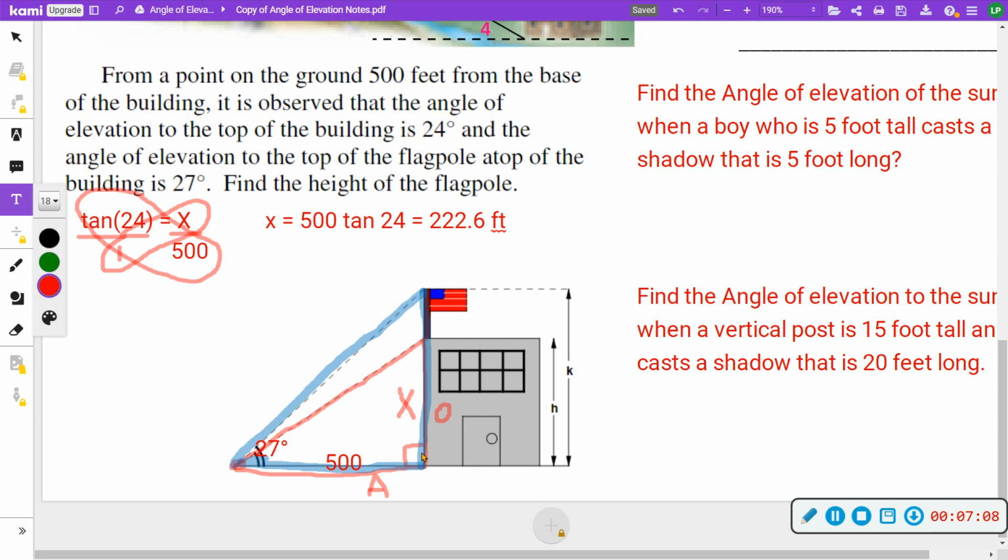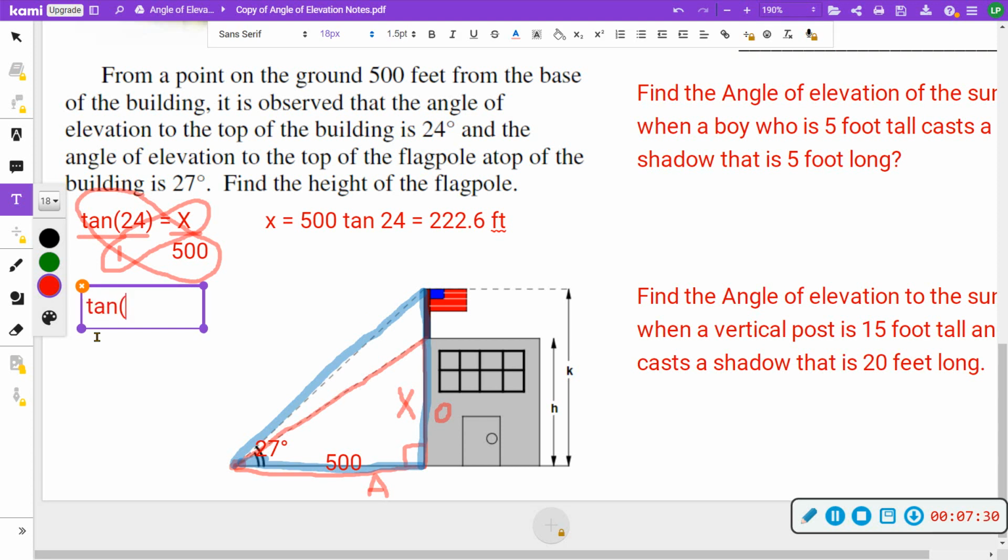And what that's going to do is tell me the height from the bottom of the building to the top of the flag. And I already know the height from the bottom of the building to the top of the building. So then to find this piece, I would just subtract those two numbers. So I still have O and A, but O is now the whole thing. A is still 500. And when I type this in, it's going to be tan of 27 this time